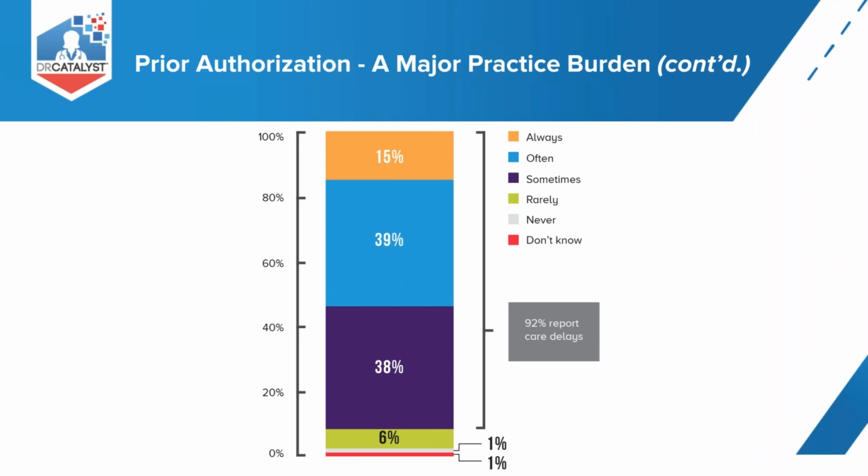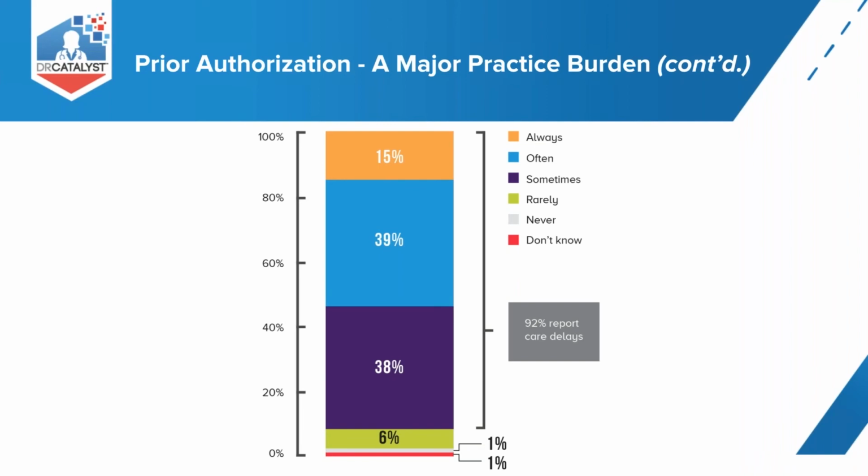I like to use this example. The next time you pass by the waiting room at your practice, look at the patients sitting there. If 10% of those patients needed prior authorization approvals, then out of those 10, 9 of them would experience some type of care delay due to prior authorization approval. In other words, 9 out of 10 patients could potentially receive a care delay. That's pretty unbelievable, right? Additionally, on average, a medical practice will complete